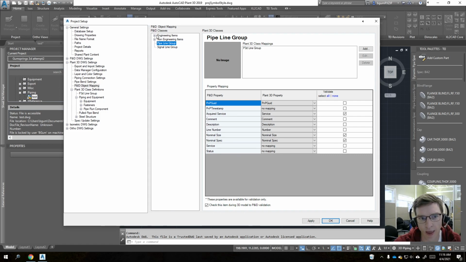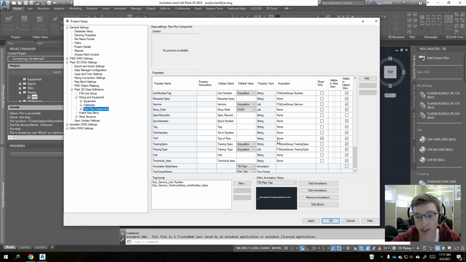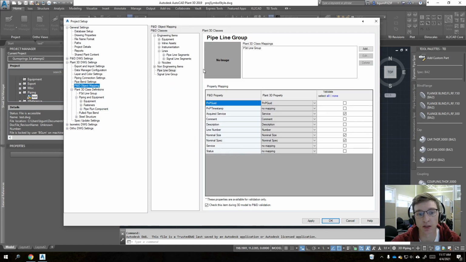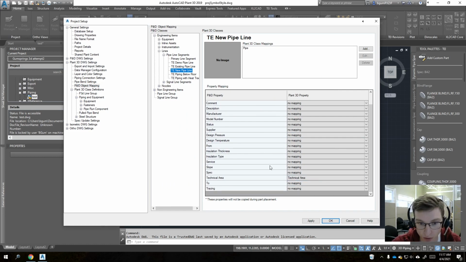So now I need to take a step back and wonder if the pipe run component is set up incorrectly. I think that instead of saying line group, it should say no acquisition at all, and it should rather be pulling this stuff in from the PID object mapping underneath the pipeline segments component. And to test this out, what we will do